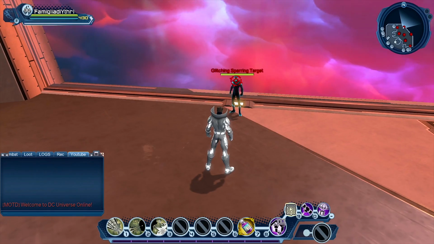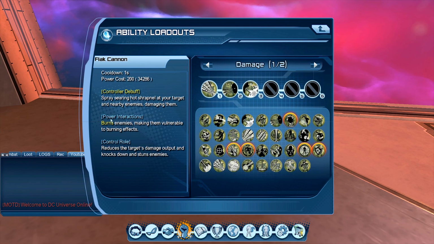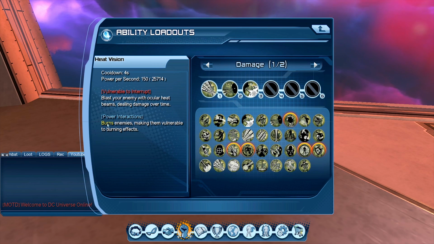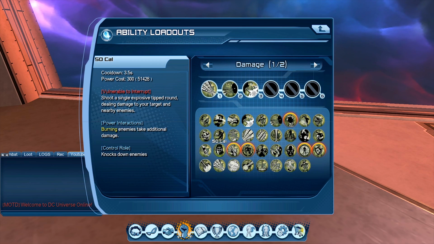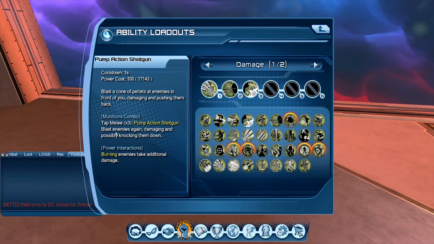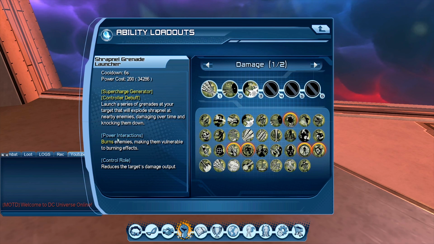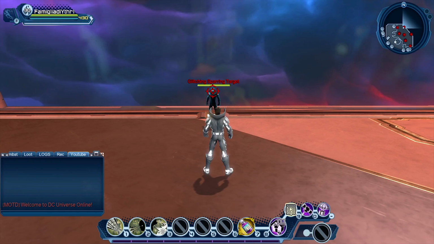So how it looks: by power interaction, any ability that you see here is going to say power interaction, burns enemies, inflicts frostbite. It has to apply a power interaction. For example, smoke grenade, burning enemies take additional damage, is not going to have any effect. Same thing with 50 cal. These just consume power interactions. They don't actually apply it. So a shrapnel, which burns enemies, would. So if I use, say for example, this frostbite,